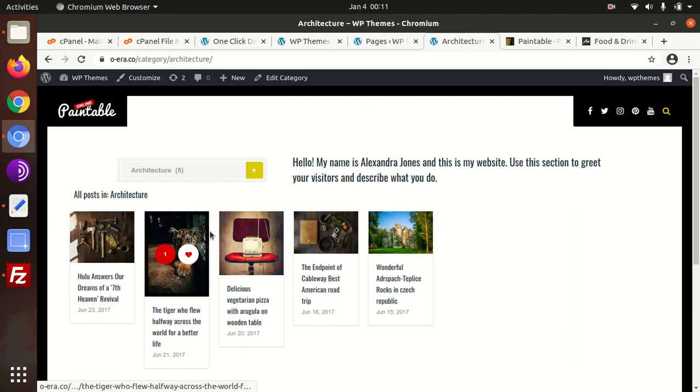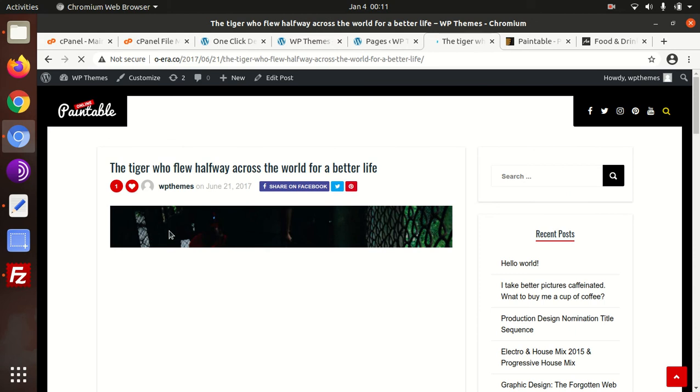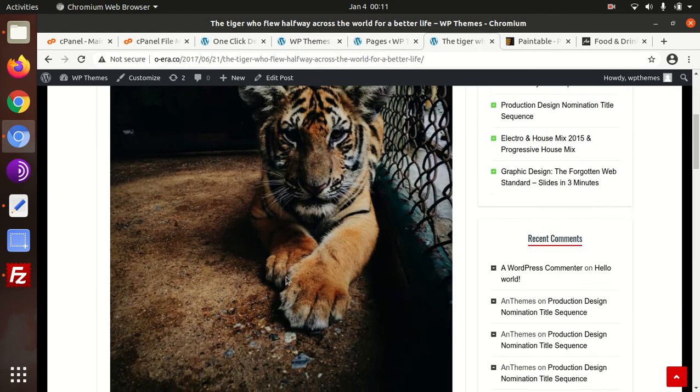Limited posts have been provided in the demo content, but yes, it is sufficient for understanding the theme features, and this is working very fine.